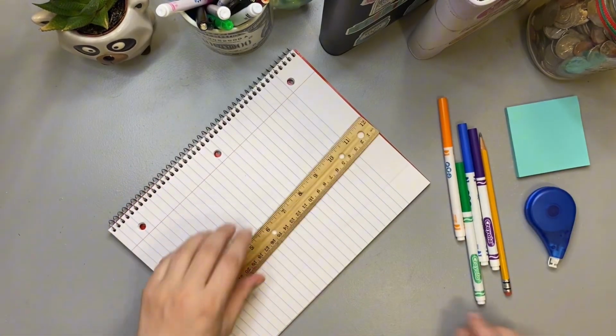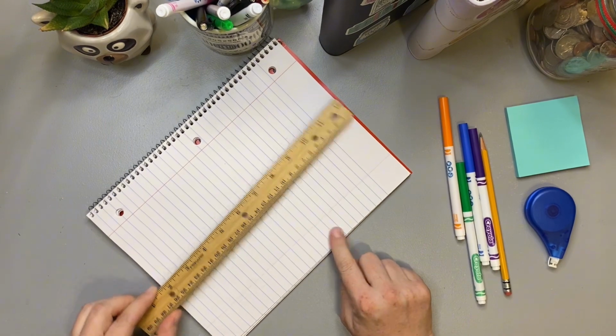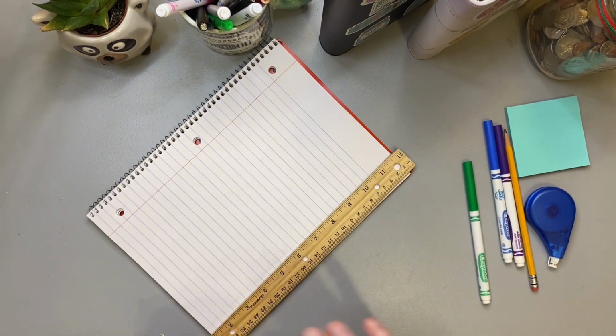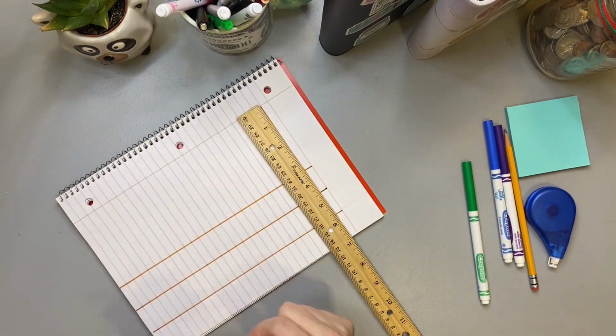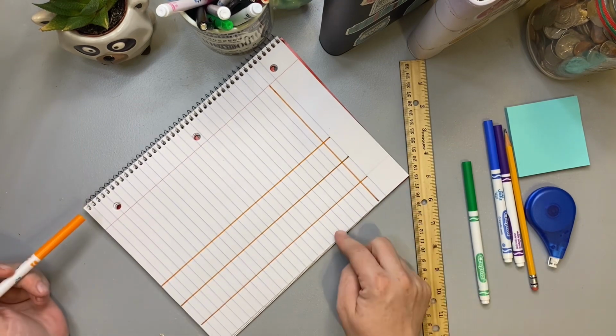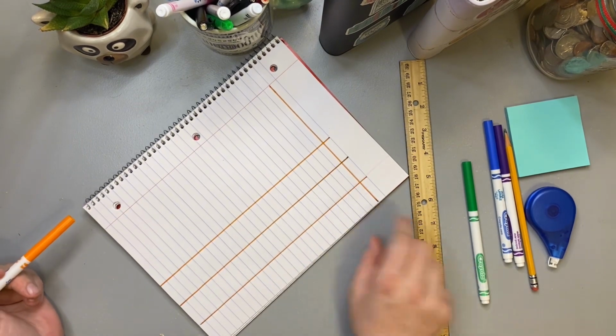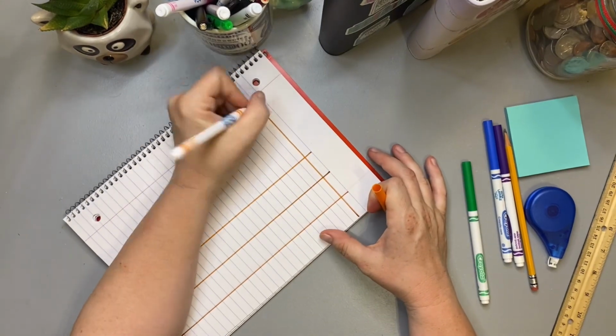So I'm going to take the ruler, and as you see this little faint line on the right here, I like to start with that. All right, very simple. So all I did was make 3 lines this way, 1 line that way. Move this out of the way. And we are going to go